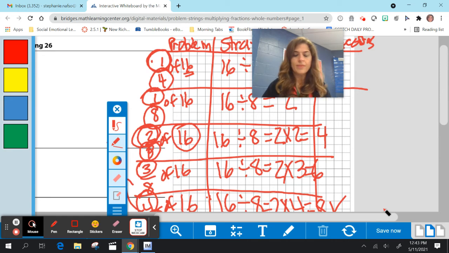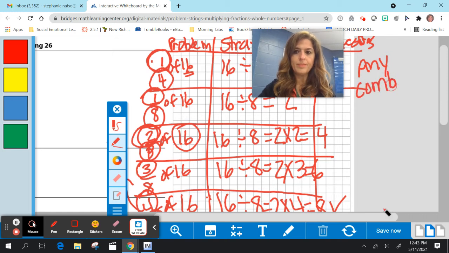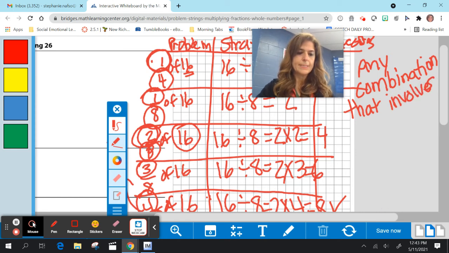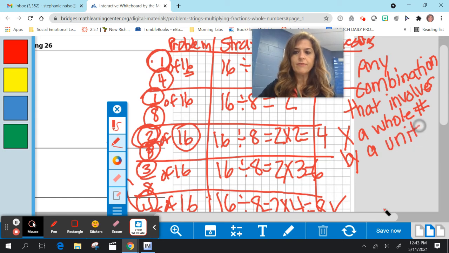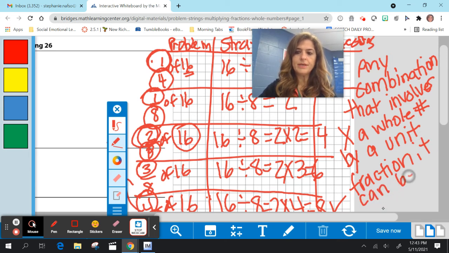So for your connection today, I want you to jot down that any combination that involves multiplying a whole number by a unit fraction, a unit fraction means the numerator is 1, by a unit fraction, can be solved